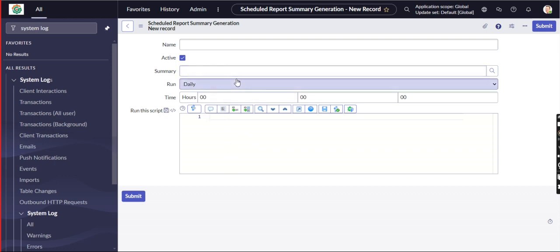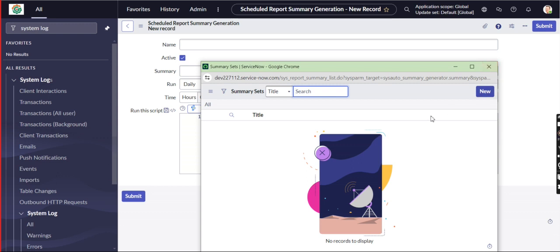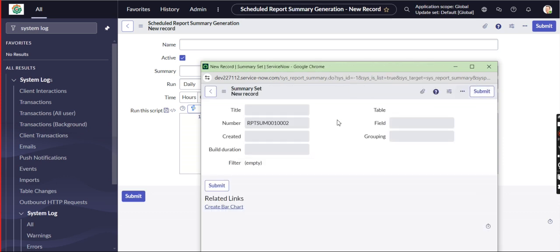Then it may also display that summary. Actually there are no summaries available in our summary set. If you want to create a new one, it takes something. So that is the new record, and all of it seems to be in read only mode.